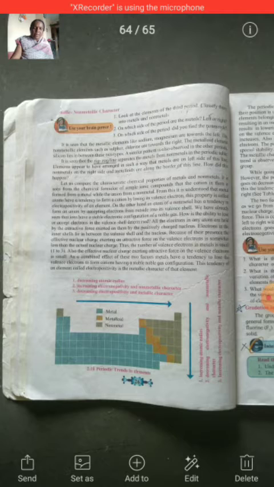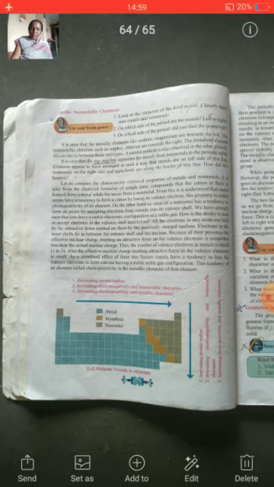A similar pattern is also observed in the other periods. It means that in the whole periodic table, in every period, this type of pattern is seen. That is, on the left side there are metals, on the right side there are non-metals, and in between them there are metalloids. It is seen that a zigzag line separates the metals from non-metals in the periodic table. See figure number 2.10. You can observe this.